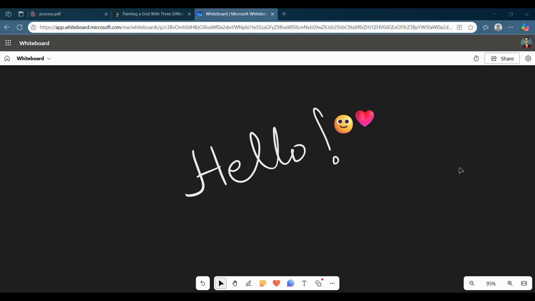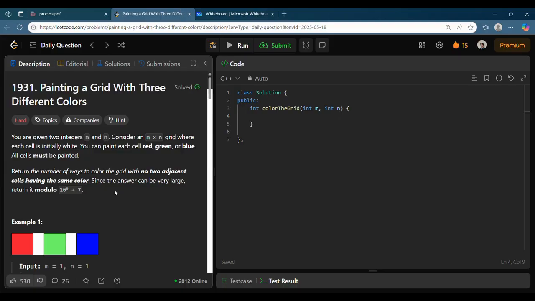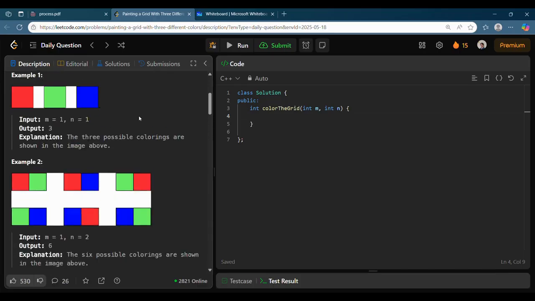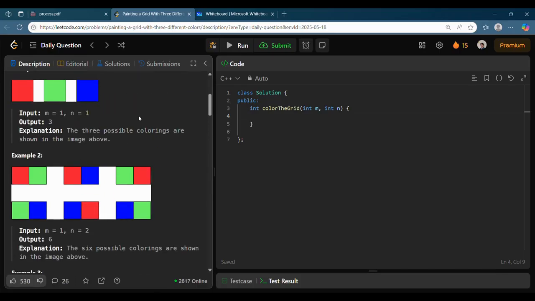So let's dive into today's daily challenge on LeetCode and try to solve it together. We are given an M cross N grid. We need to fill it with 3 colors in such a manner that no two adjacent cells have the same color, and we need to return the answer mod 1e9 plus 7. One thing you can first see in this problem is that